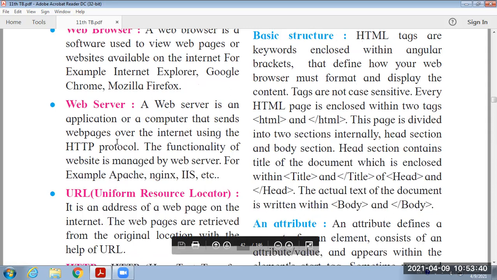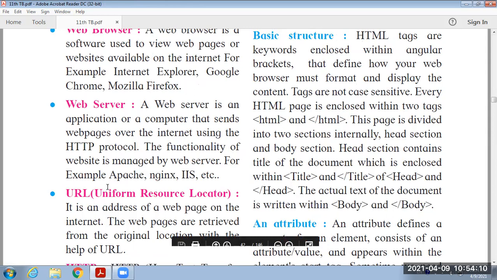A web server is an application or a single computer system that sends web pages over the internet using the HTTP protocol. You know that the HTTP protocol is used to transmit internet data from one location to another. HTTP stands for Hypertext Transfer Protocol. The functionality of the website is managed by the web server.